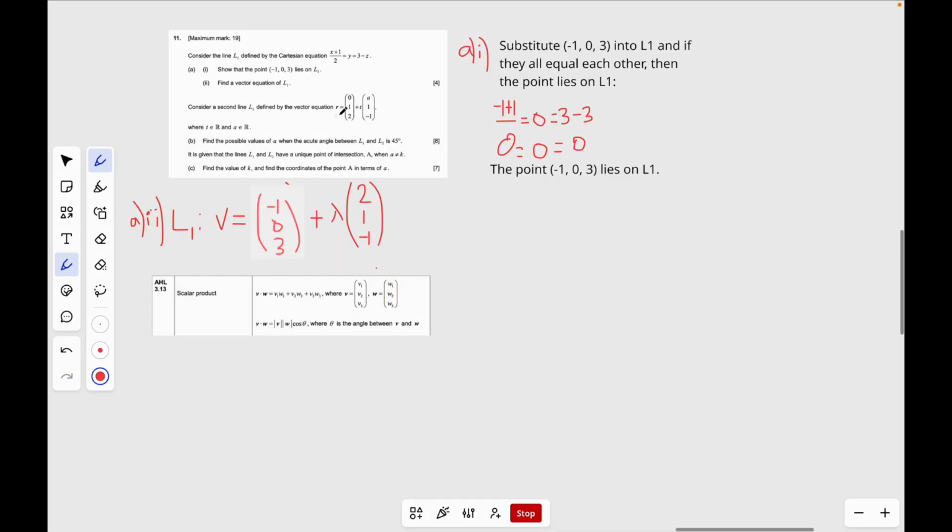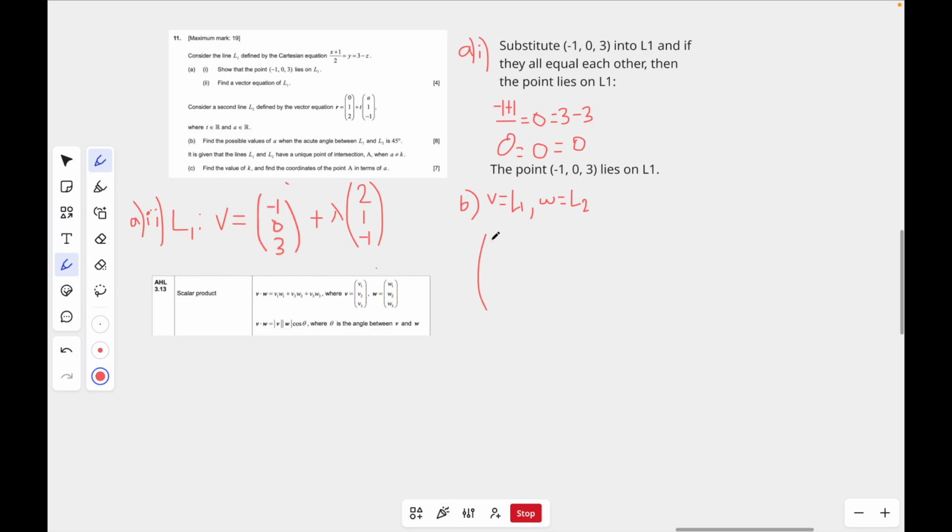We are given a second line with a vector equation, r, and are asked to find the possible values of a when the acute angle between the two lines is 45 degrees. We can make use of the following formulas in the formula booklet. Remember, we only deal with the coefficients when doing the dot product of two lines, so we will assign v to L1 and w to L2,